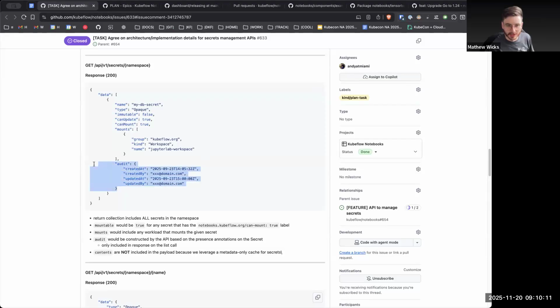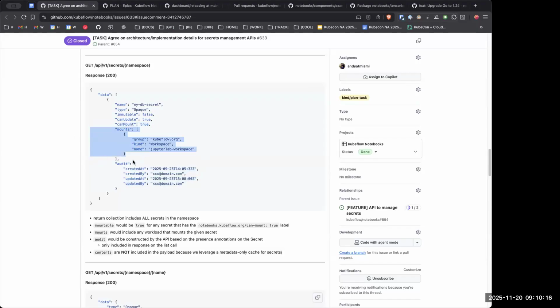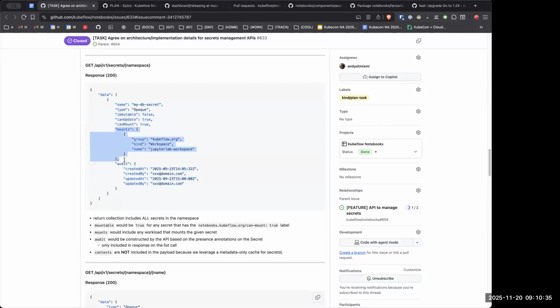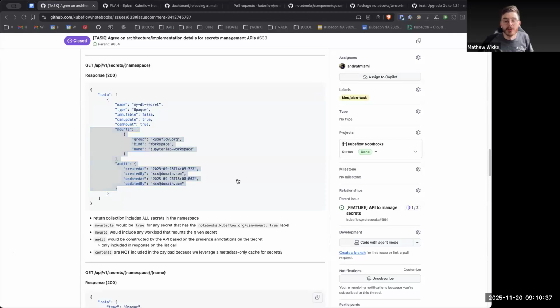So the type and the immutable can be there, and audit. And for the content of each secret, I think the user has to click on an icon so that they can see what fields are in there. That's fine. That's always going to be the case because the list API won't tell you the keys anyway. Yeah, exactly. But mounts and audit are critical for the user to know that is there, so that when they make suggestions, they can say, hey, give me a link to the workspaces that it's using or something. Who knows what they might suggest.